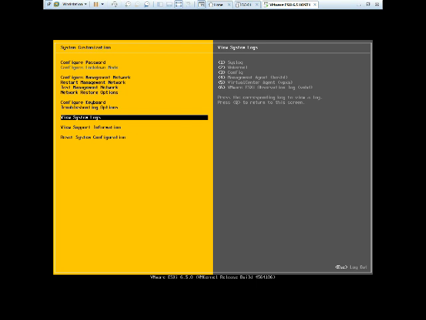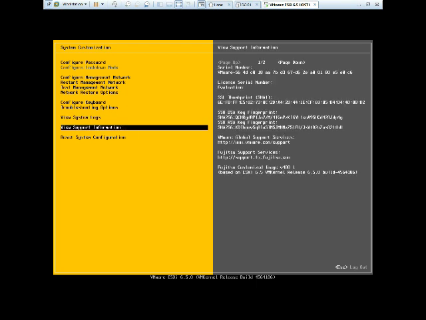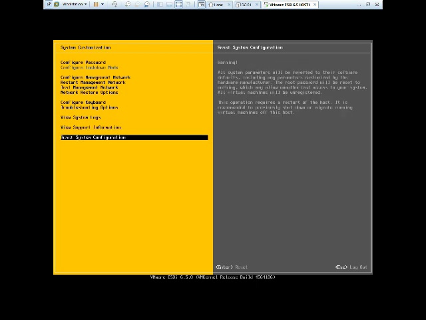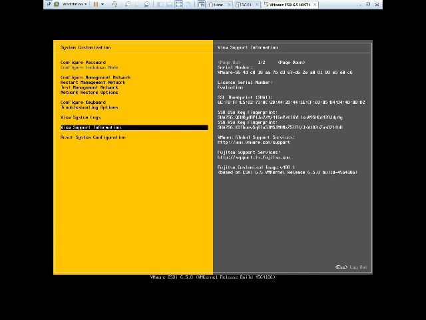Again, you can do this from vCenter also. And reset system configuration: if you click it, it will revert to default. View support information basically shows the basic information about your ESXi version and so on. So I think we have done it.